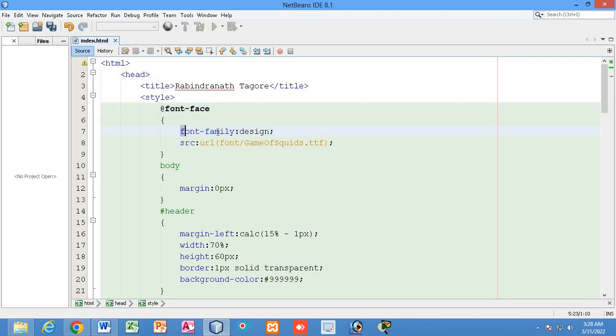I have called the font family member function. I have created a user defined name to call the font family member, and the font family member is also a member of the font face that I have created, and this font face will just use the font from this location, right, and that will be incorporated in my program. Let's see.